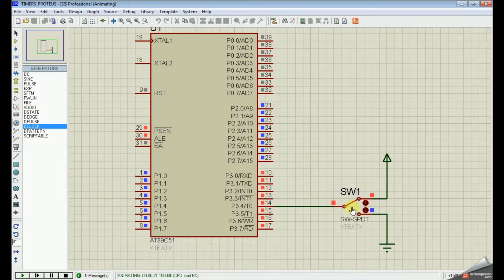So now I am giving count 1. I am just giving an external event using a switch. So now count 1 is updated. I have given one count using an external switch, and that count is updated here. Port 1 pin 0 is high now, and all other pins are 0. Port 2 is also 0. Once it reaches the maximum 255, only then will port 2 update. Until then only port 1 will update.